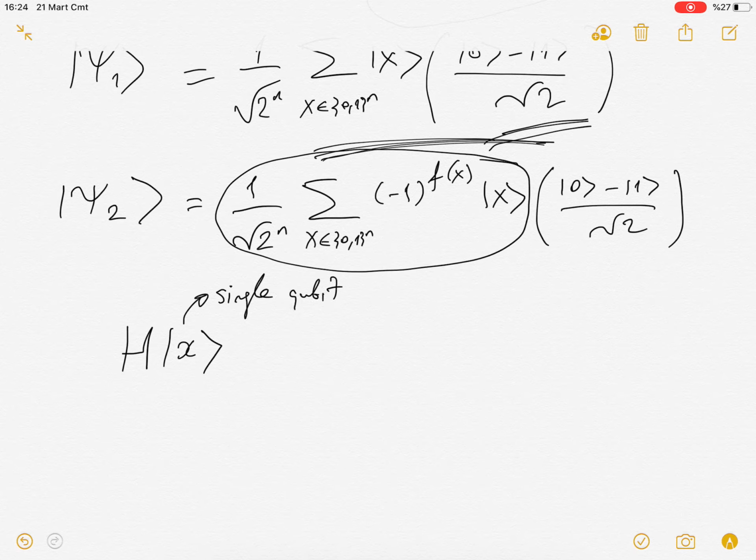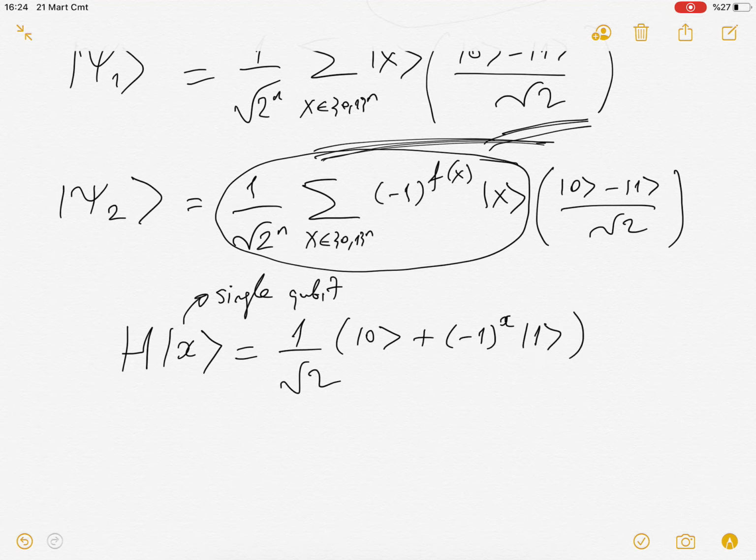Now we know that Hadamard 0 is basically ket 0 plus ket 1 divided by square root 2, and Hadamard 1 is ket 0 minus ket 1 divided by square root 2. But generally speaking, if x is arbitrary, then we can formulate this as: H x will be equal to 1 over square root 2 times ket 0 plus minus 1 to the power x